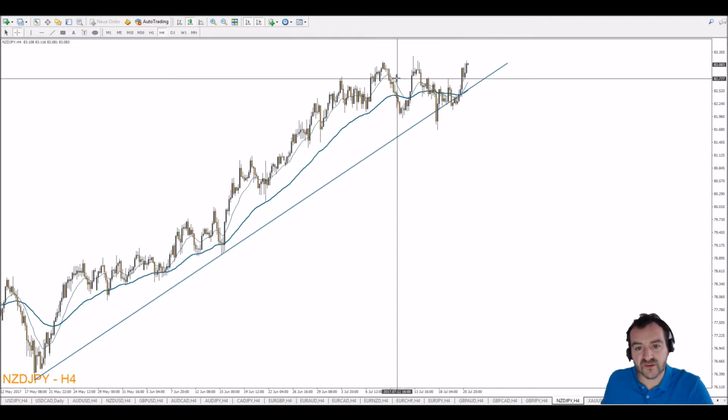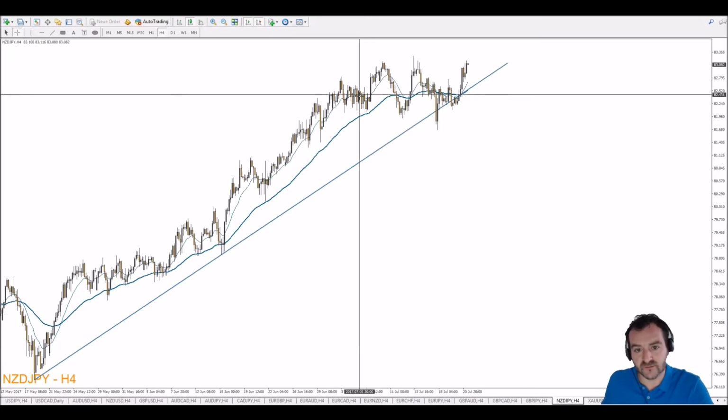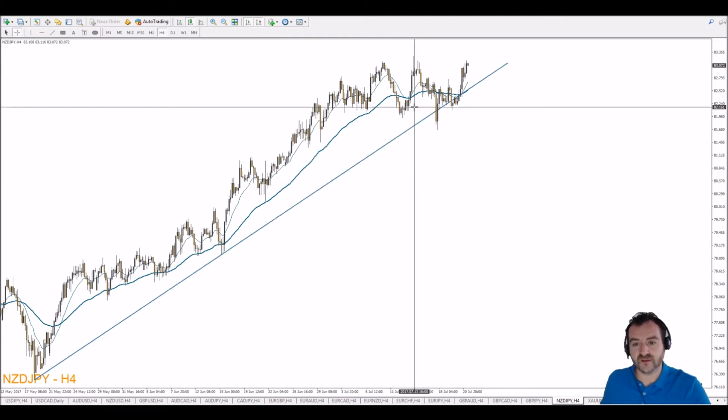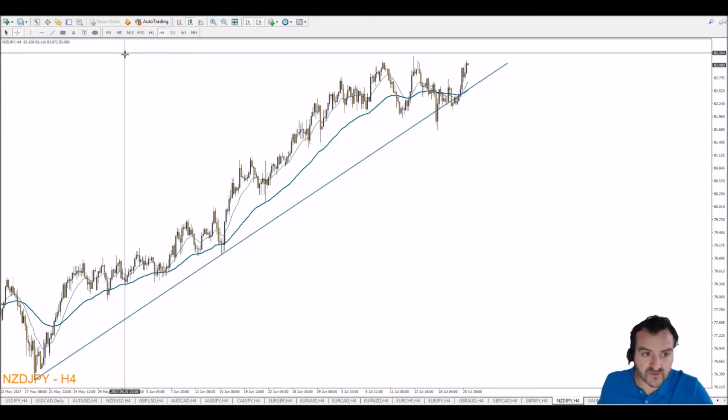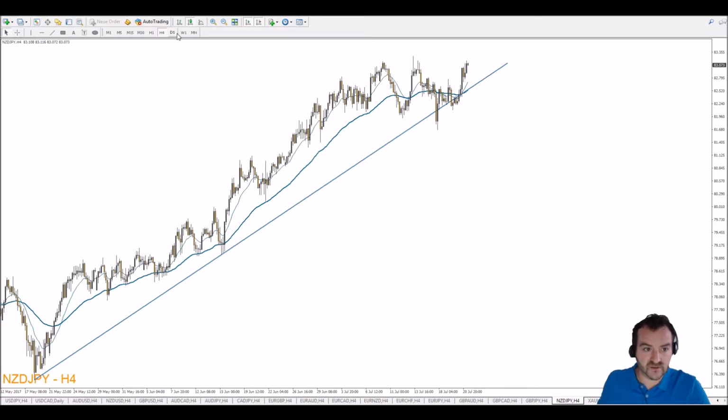Also, you can see here that the sell-offs are getting steeper than previously, right? Previously it was always just a little bit of sell-off, and now it gets deeper. So this gives a little bit of an indication that the sellers are getting stronger here. And if we zoom out a little bit into the day chart, for example,